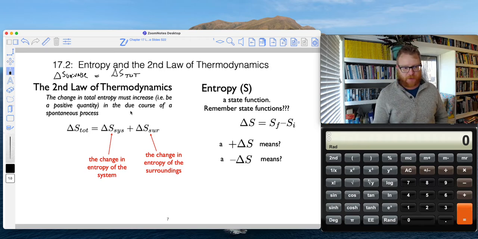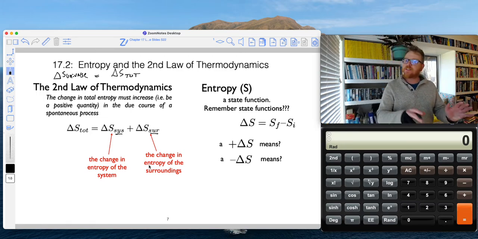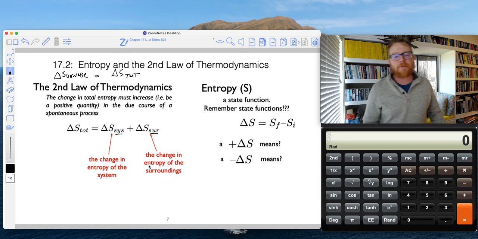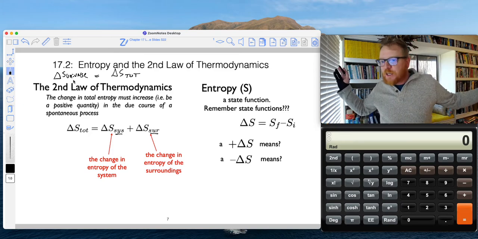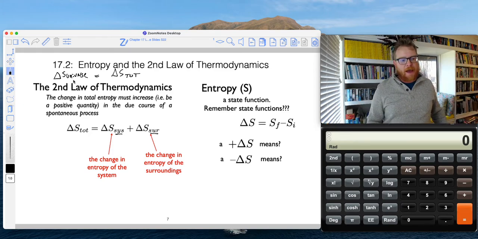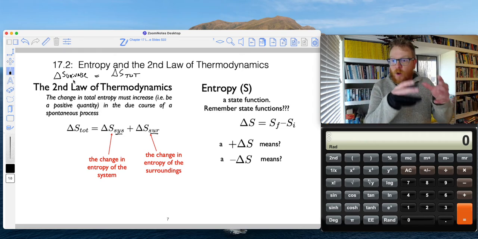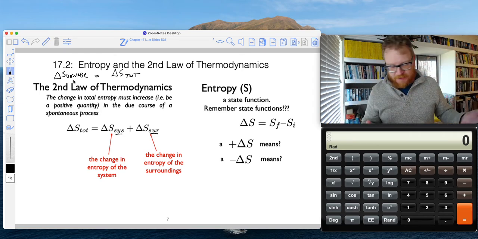And total entropy, which again we could say is the entropy of the universe or whatever, is the change in entropy of the system plus the change in entropy of the surroundings. Because in thermodynamics we are free to choose the system and the surroundings however we want, it's kind of misleading. We're not talking about the entropy of the whole universe, but rather the entropy of our one little system and its immediate surroundings. Okay.